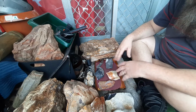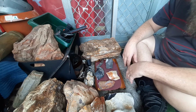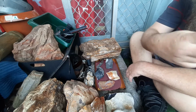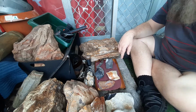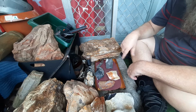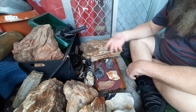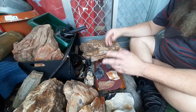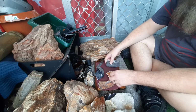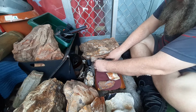I went a little bit silly. I bought heaps of it. I've probably got 20 or 30 kilos at least of flint. Well, I know I've got 7 kilos just sitting here, a 5 kilo lot there and a 2 kilo lot there, plus another bucket full, probably another 10 kilos in the bucket just there. I've got more inside. But anyway, I like my Aussie flint, but for today's discussion,